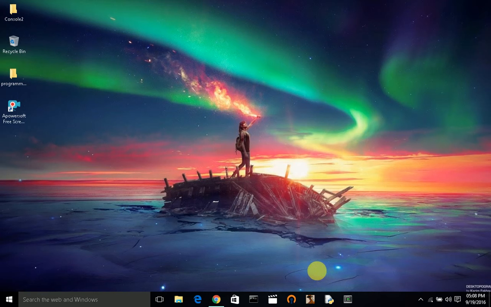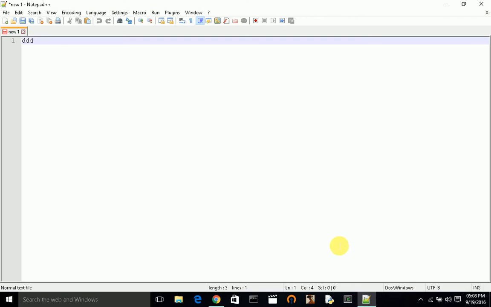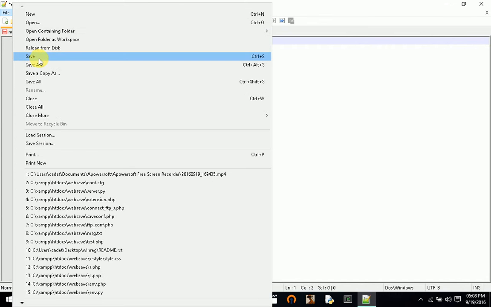I apologize again, guys, for my very slow PC. Anyway, a new tab like this is going to open up if you're doing the same thing as me. Now when you're in Notepad++, just save it. Go up here, save,